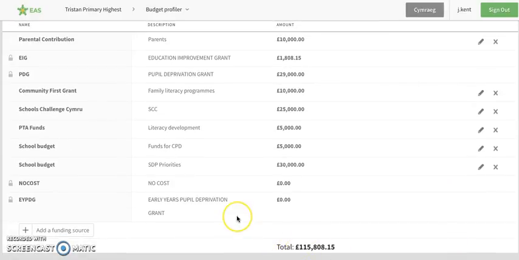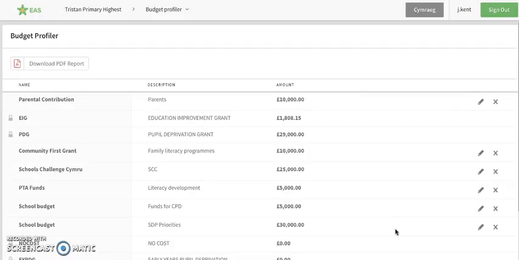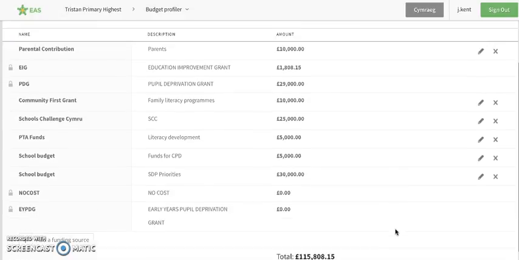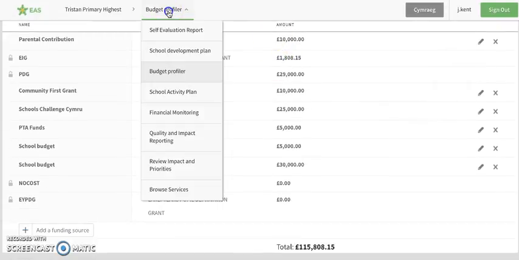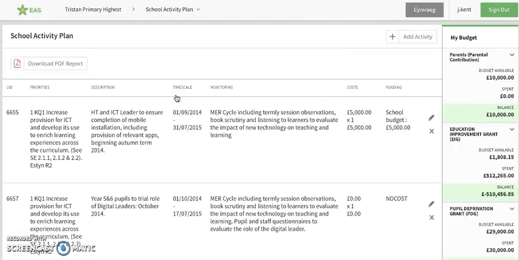There we are. Okay, so this isn't obviously real money in terms of being linked to the finance systems, but it is the money that you're planning to spend to support those school improvement priorities. So in a sense, once we've set our budget, it's important you do set your budgets there, because when you go to your activity plan, you are allocating your activities against these budget headings. Okay, so if I scroll down now and I move into the school activity plan section,